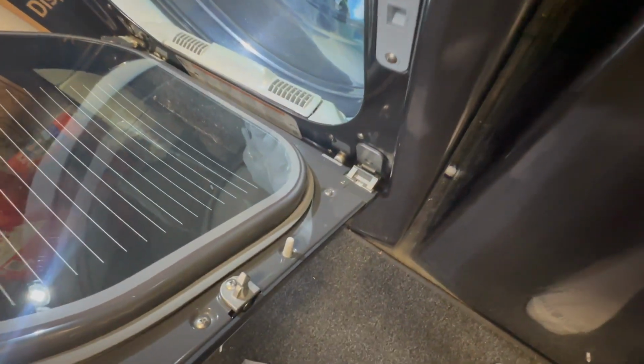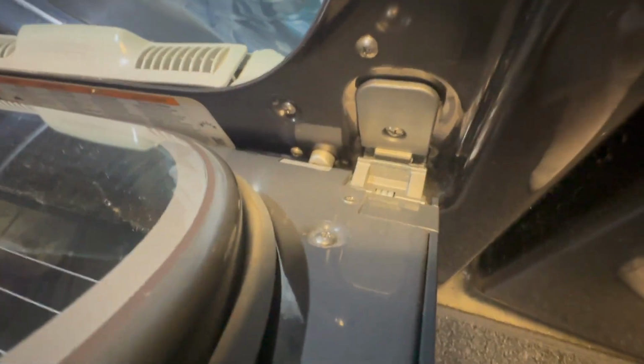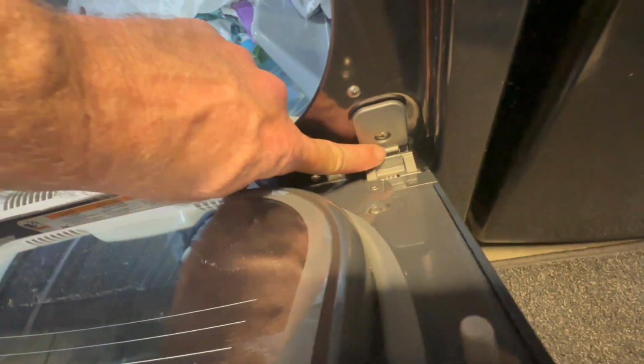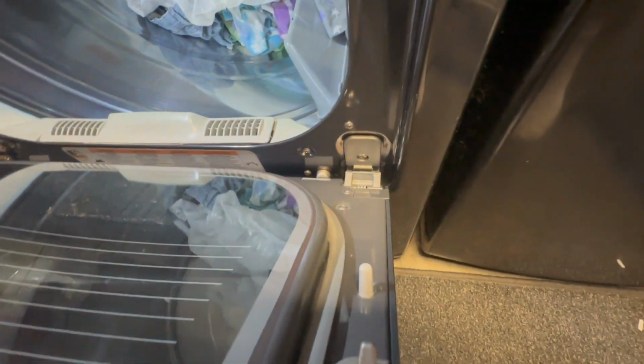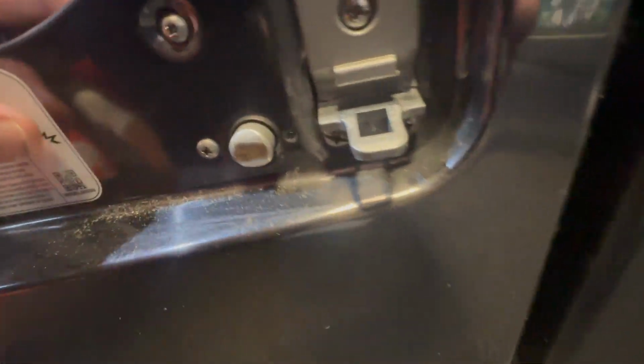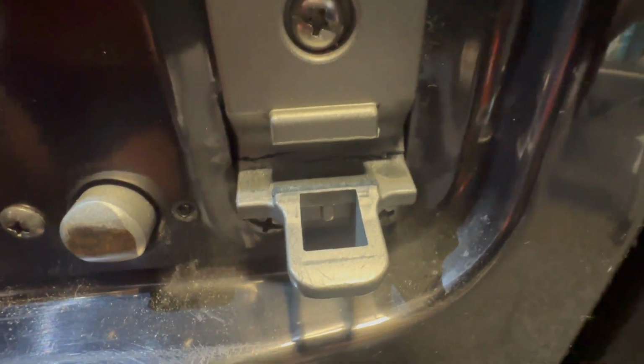So what is the problem? If we open up the door here and you look real close, you can see this section here actually is supposed to hold this hinge point. But what happens is, let me show you, open it from the side. And if you look down here real close, you can see that the cast